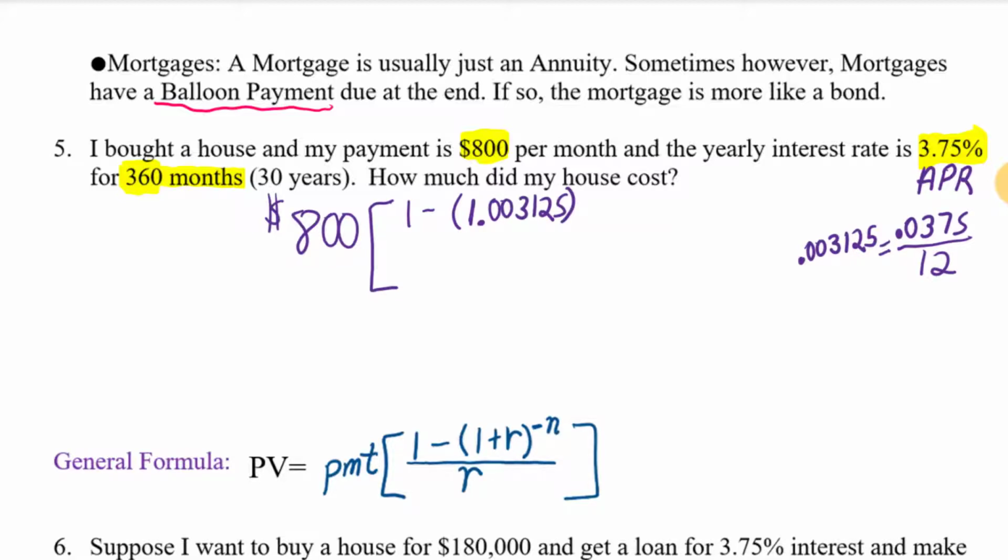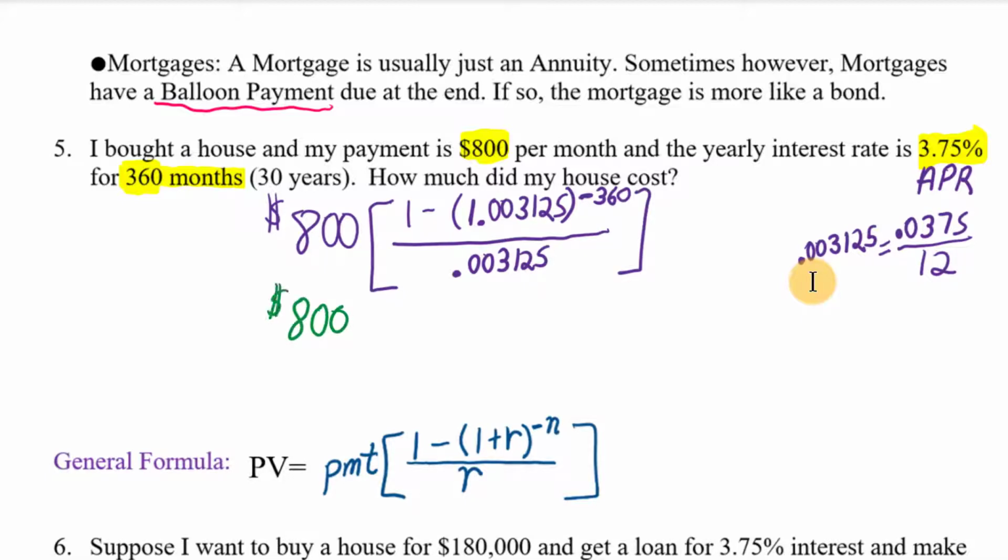So 1.003125 raised to the minus 360, right? 360 periods. So we're talking about how many months is it? It's a monthly payment. It's got to be a monthly interest rate. So all those things in the formula have to agree. Monthly payment, monthly interest rate, and N is the number of months. And then on the bottom, we're just going to divide by that same interest rate, 0.003125. So if we just calculate that present value interest factor of an annuity term in the brackets here, we get